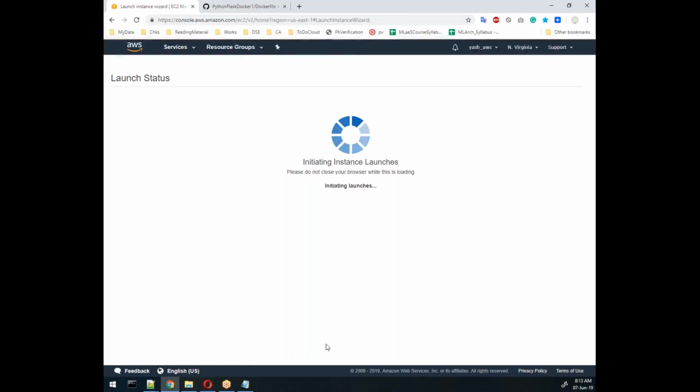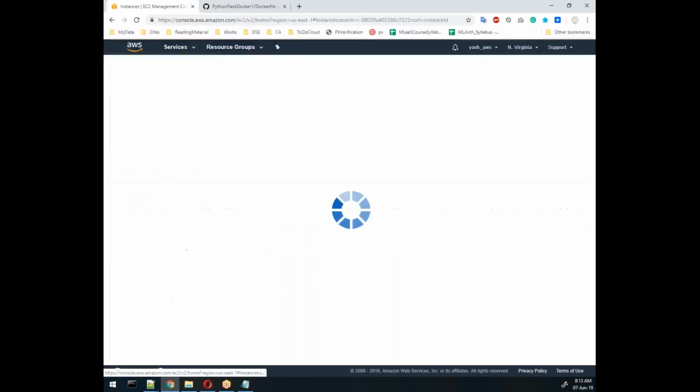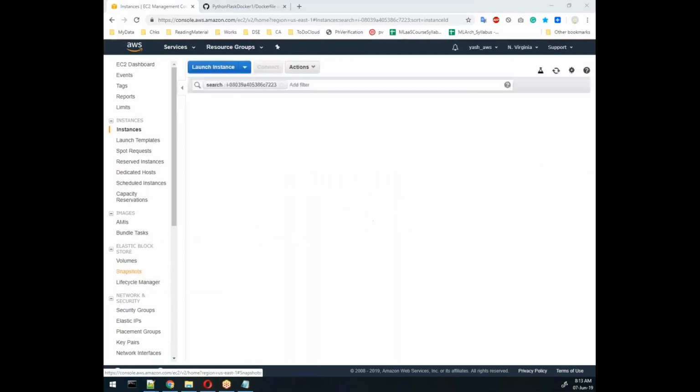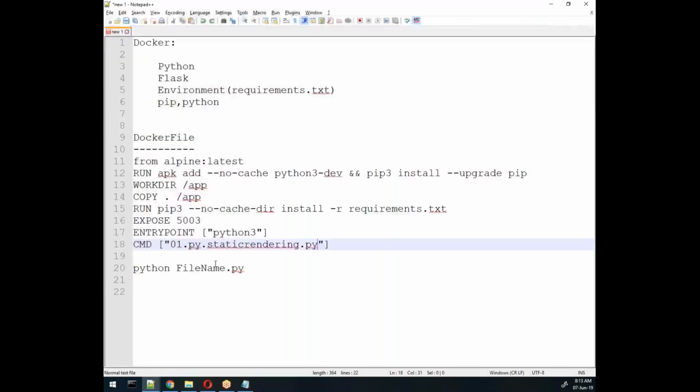Okay, so what we did is we created an instance, and now we want to install Docker. Before installing anything else, you need to install Docker first. The second step is to take a git clone. Why clone? Because this repository that we have here,